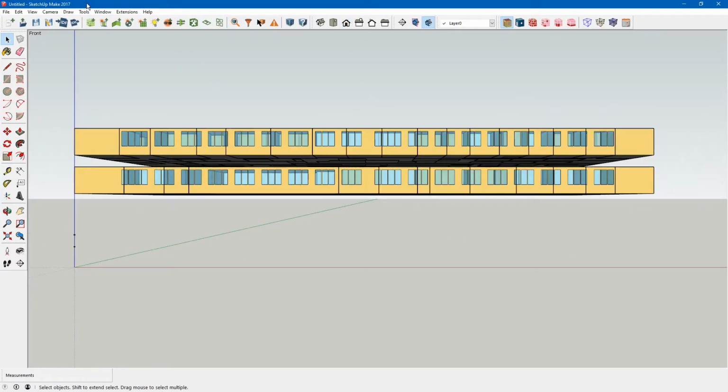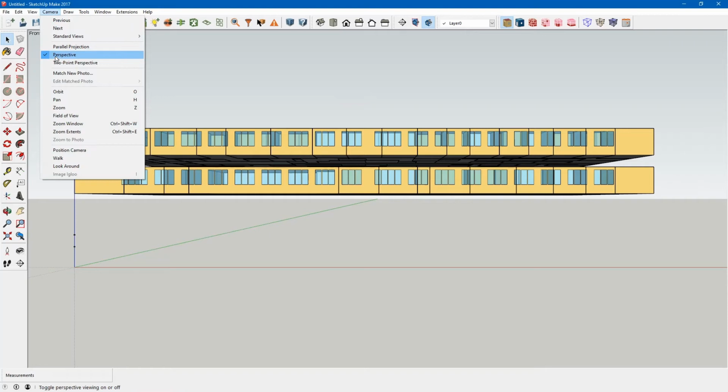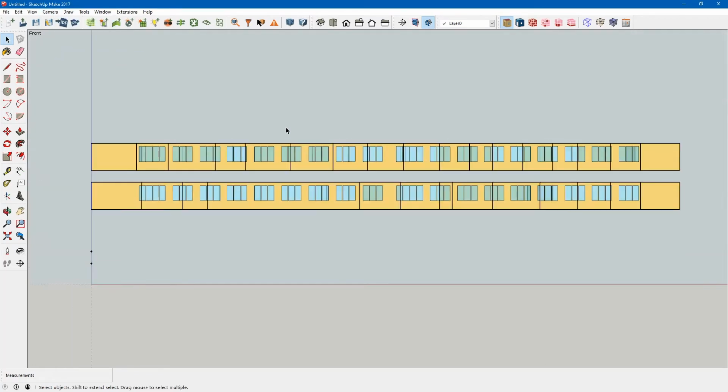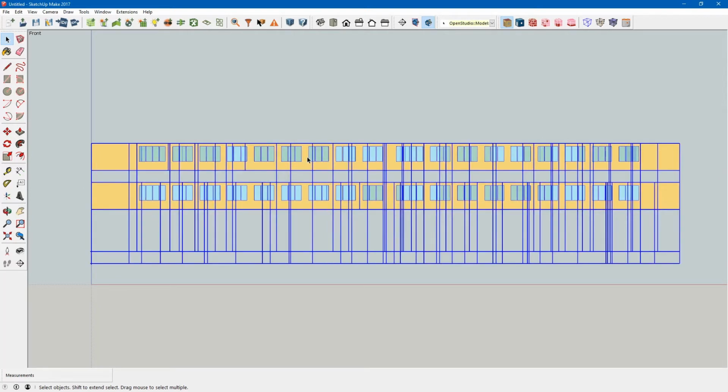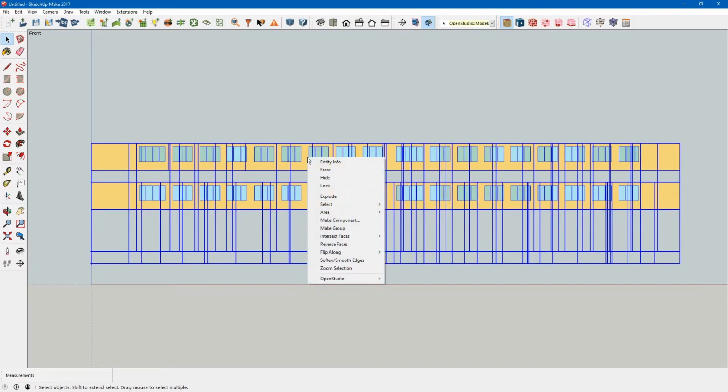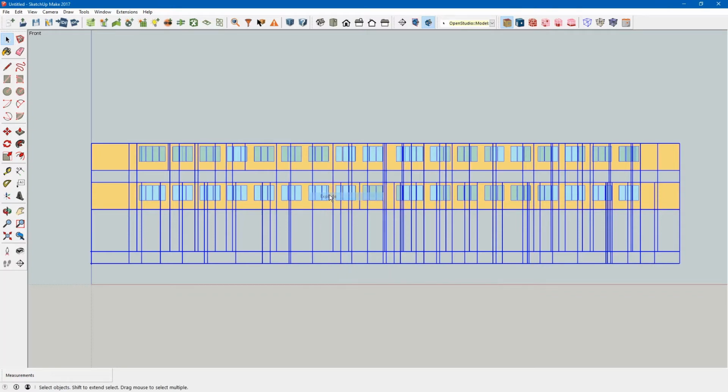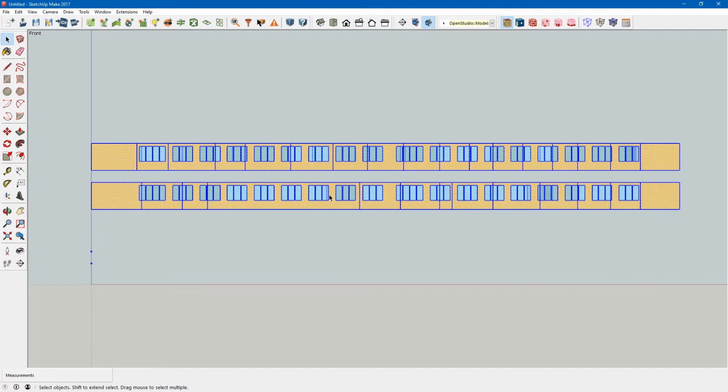Go side view, and again we'll have to turn the perspective camera off. And then we will just do Control A to select all of the geometry, right click, explode, and that exploded all of the groupings for the spaces into just a SketchUp.